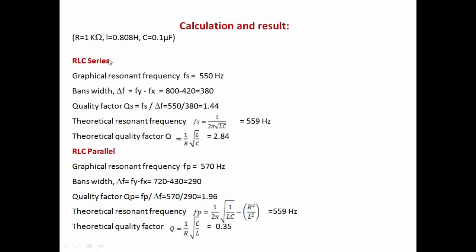Now in the calculation result, the given data is the value of the resistor, 1 kilo ohm, inductor is 0.808 Henry, capacitor is 0.1 microfarad. From the graph, in the series RLC circuit, we observed that the resonant frequency is 550 Hertz and bandwidth is 380, and the quality factor we have to calculate, that is from the graph Fs divided by delta F is 1.44, and the theoretical resonant frequency, if I calculate, it is 1 divided by 2 pi into root of LC, we are getting